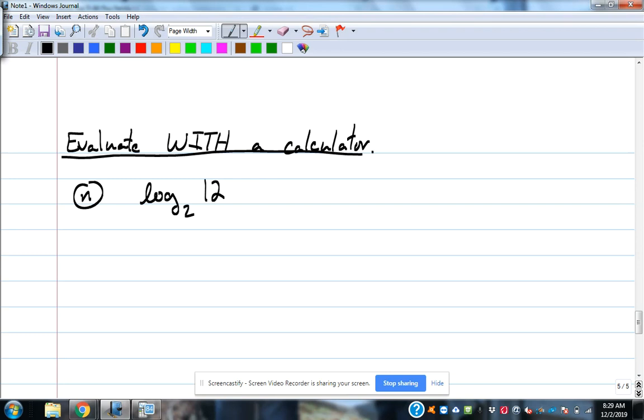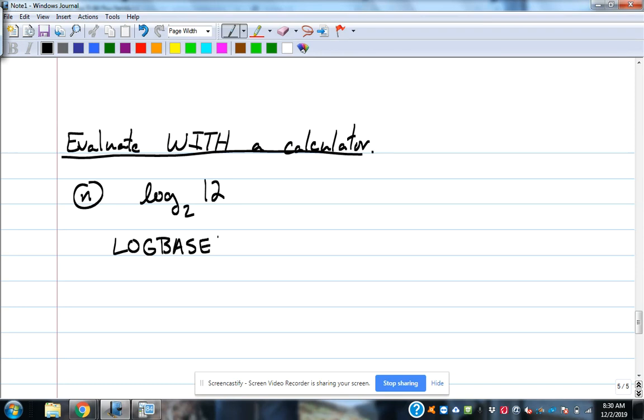Okay. And so there's a couple of different ways to do it. I want to show you both ways because some of you may prefer one way over the other. So log base 2 of 12, we know 2 to the 3rd power is 8, 2 to the 4th power is what? What's 2 to the 4th power? 16. So 2 to some power equals 12 would be somewhere between 3 and 4, right? What we know, just in number sense wise. But we can get the exact value or a decimal approximation of that value using the log base